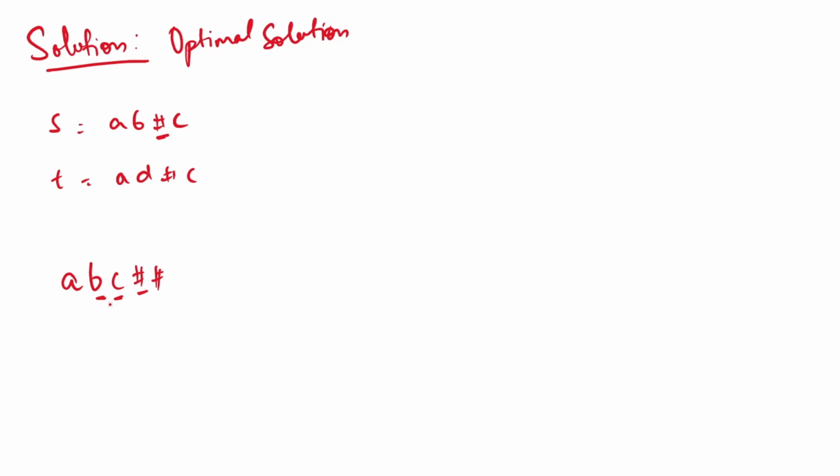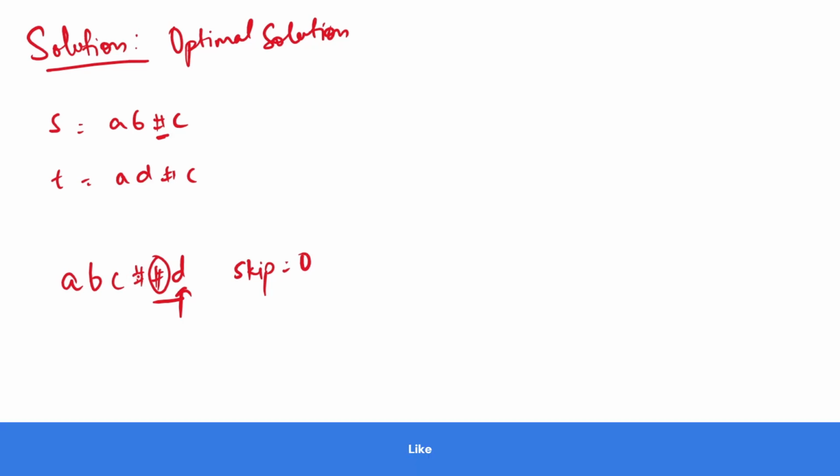So what I will do, rather than starting from the beginning, I will start from the end. So what is the benefit of starting from the reverse? Let's understand. Let's say this is my string. Now I will start from here and keep a hashtag count, let's say skip, with skip equal to 0. If I find a hashtag, it means we have to skip the next element, so I will mark it 1.